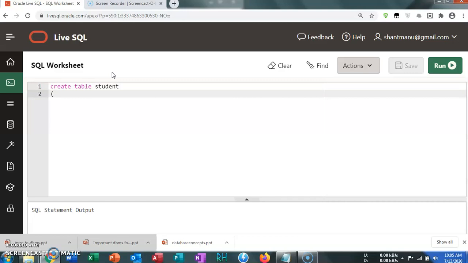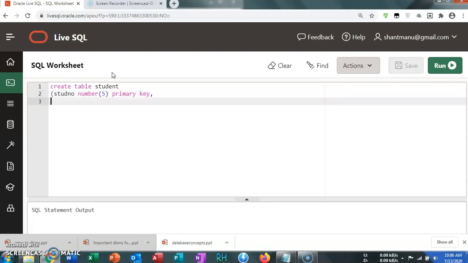Then first column from the table, stud number, that is student number, data type is number, into bracket, size of the column, then primary key. So we will see later what is primary key and all these constraints. Then stud name, varchar2, that is 30, not null.